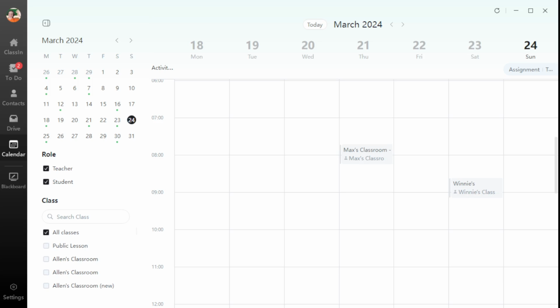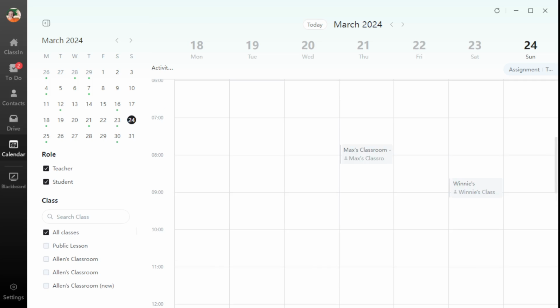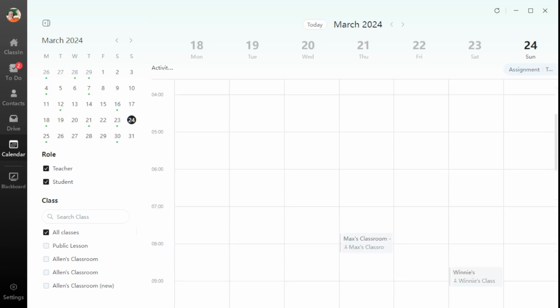And I will admit, when I first looked at this calendar over here, I was like, what on earth? I do not like this at all. But if you really dig a little bit deeper, you're going to see that not a lot has actually changed. You just have to look at it in a different way. So first, let's just look at the big change, this calendar.